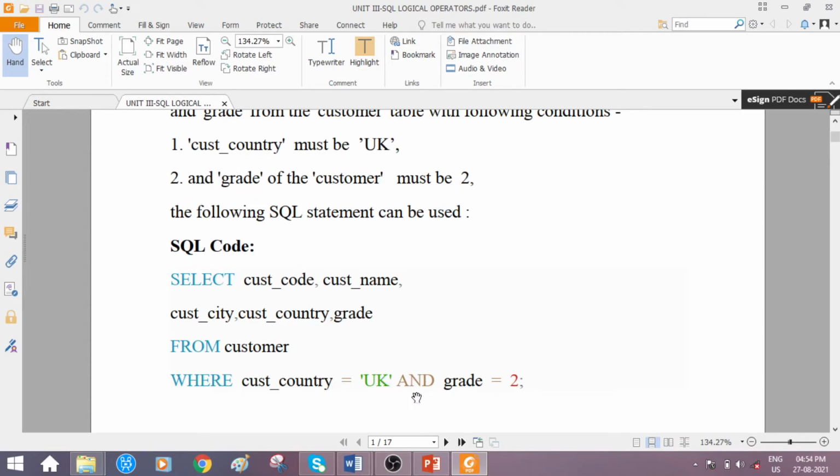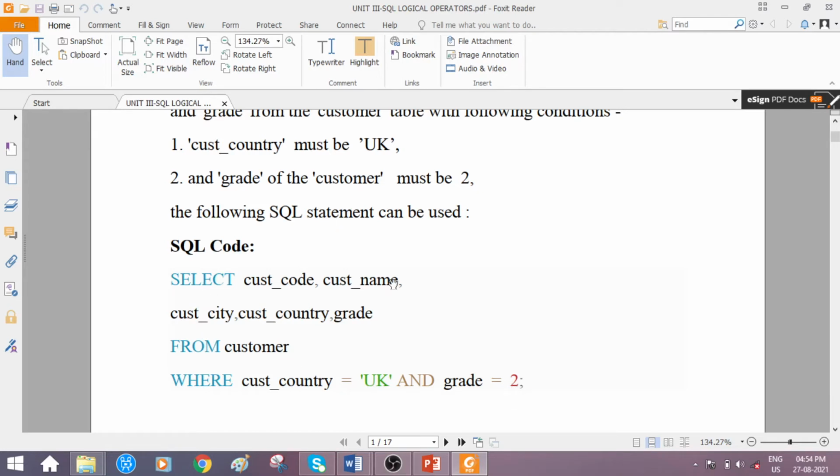So we are making use of which operator? Logical and operator. See, and is a keyword. What is a column name? Grade, right? In the customer table, what is a column name? Grade. See here, so grade is equal to what should be the value of grade? 2. Since it is a numeric value, 2 you are simply writing, whereas UK is a character data type, so it has to be mentioned within which one? Single quotes. Okay, note down this. Customer country is equal to UK should be mentioned within single quotes, whereas grade is equal to 2, as it is a numeric value, no need to specify within the quotes.